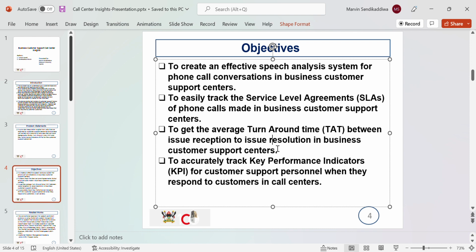You realize that with these employees, it's hard to measure their progress, whether they are good at their job or bad. Usually, what companies currently do is rate the service or the customer satisfaction at the end of every phone call. Usually with telcos, when you call a customer support center, you get a message telling you to rate the person that has worked on your issue.